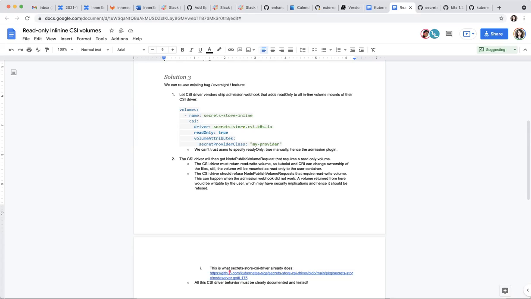I always get a bit confused. So inline and ephemeral are two properties? Well, we have inline ephemeral volumes, and then we have generic ephemeral volumes. Both are ephemeral. So how about generic ephemeral volumes?